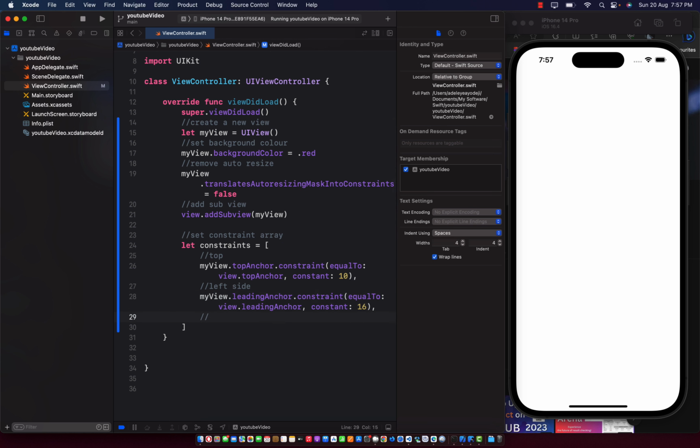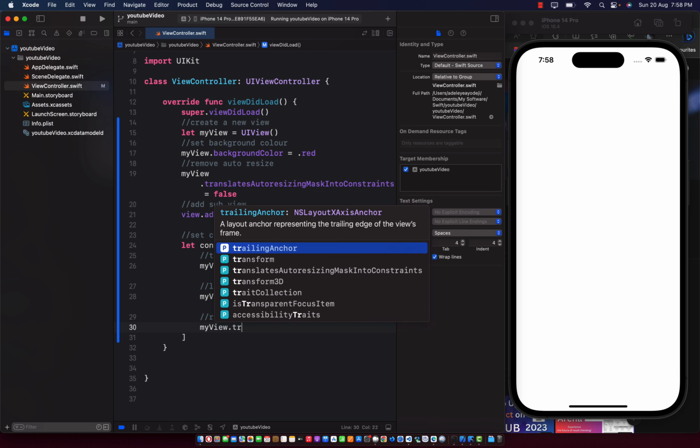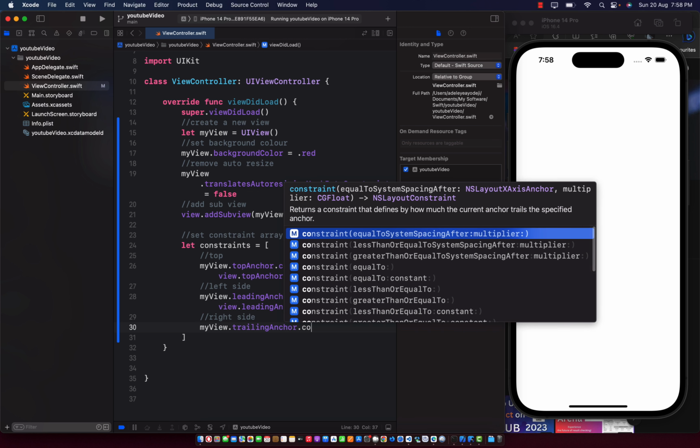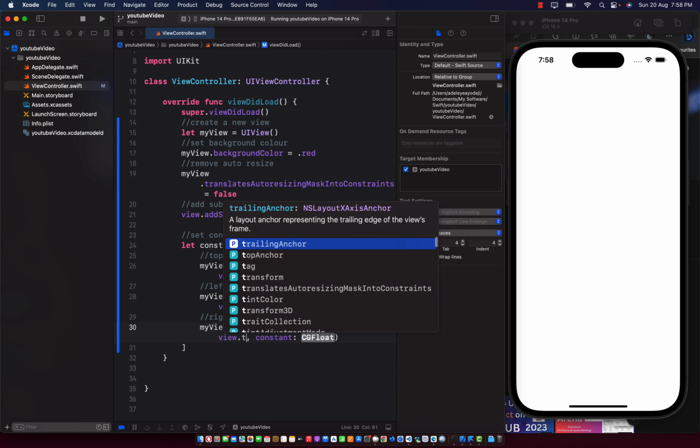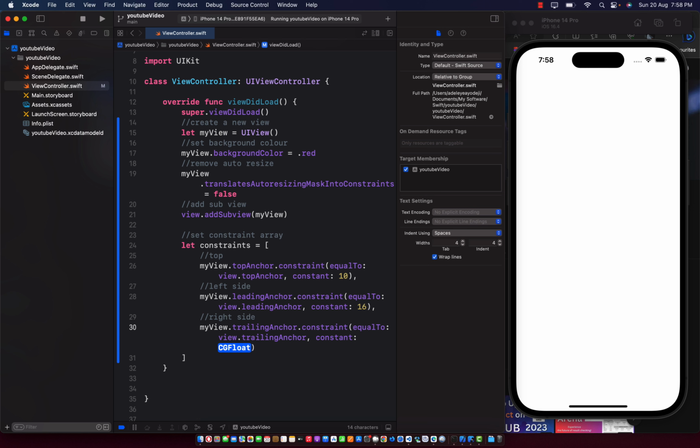After the left is defined, we need to define the right side. Defining the right side of the constraint will be my view.trailingAnchor.constraint, equal to the view.trailingAnchor, and set your own constant, which will be minus 16. You might be thinking, why am I using minus 16? Don't worry, by the time the visual comes up, you are going to understand it clearly. Okay, give it a comma, and the next one we're going to pass now is the height, which is the